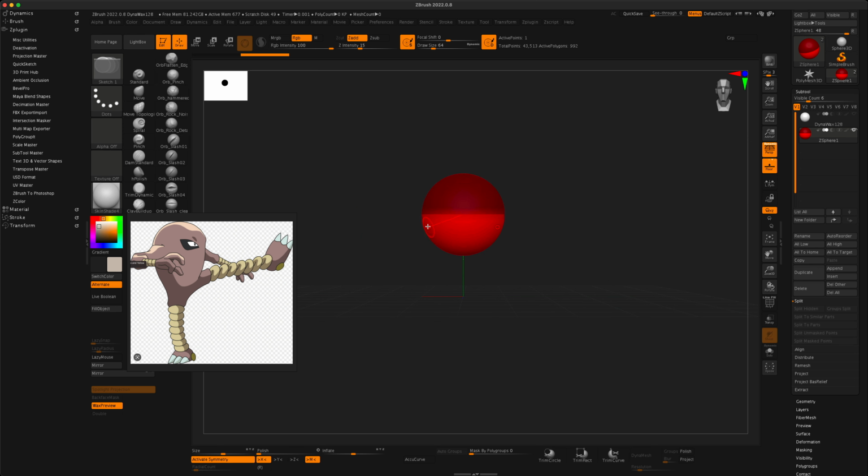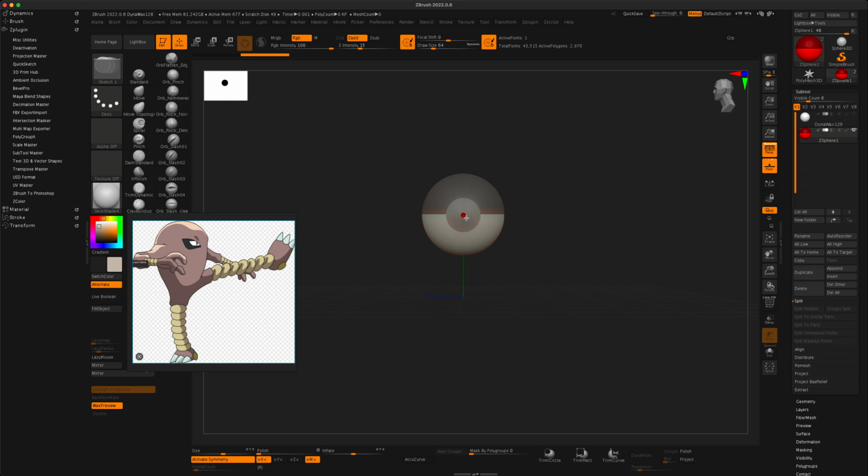So I'm going to press X on my keyboard to go into a symmetry mode, and if you think of this sphere as kind of like his head, the next logical thing would be to pull out his arms, right? So I'm going to look at this indication here, which way I'm facing. Right now I'm on the side, and I do have my X symmetry on. I'm going to drag this sphere, which is going to be sort of the shoulder of my character. And now I'm going to drag one more, and that's going to be his